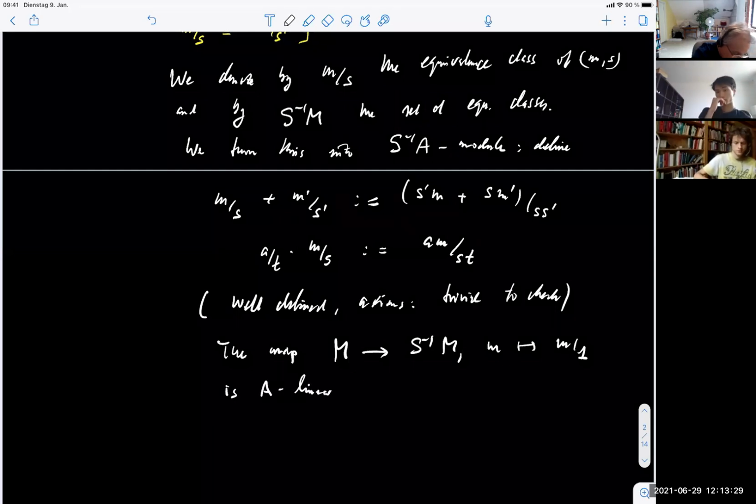Now I have to be precise. M is an A module, but this is a priori not an A module. It's a module over S to the minus 1 A, but via scalar restriction, I can view this as an A module. I should write it: this is considered as an A module via,